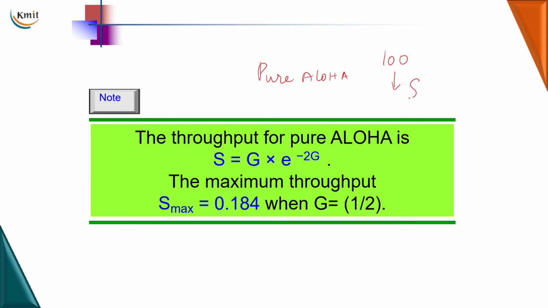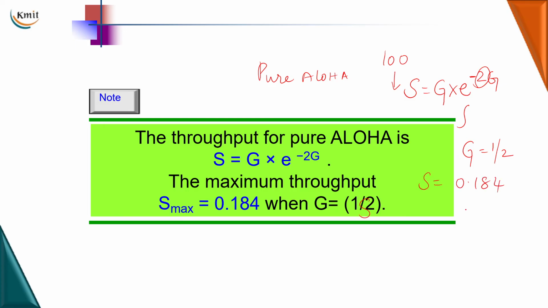To calculate that, we have a formula: S = G e^(-2G). How are we getting this 2? We are getting it from the vulnerable time period, which is 2 times the frame time. If I differentiate this equation, I will get the value of G as 1/2, and when I substitute this 1/2 in the formula, I will get the value of S as